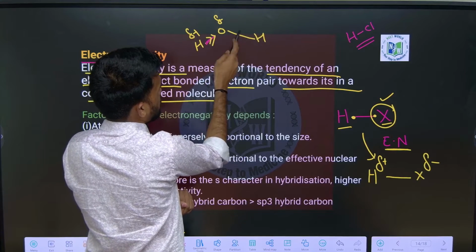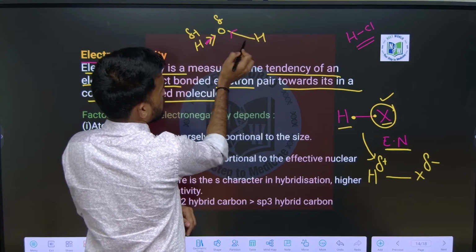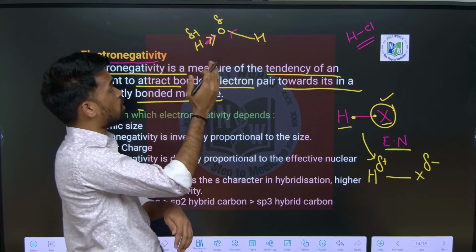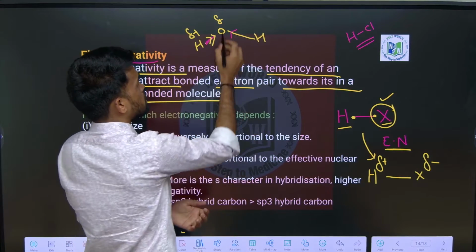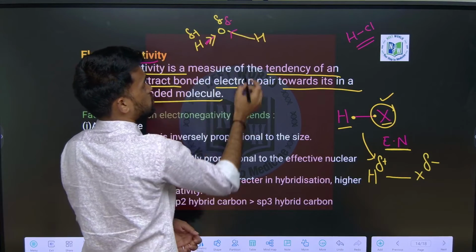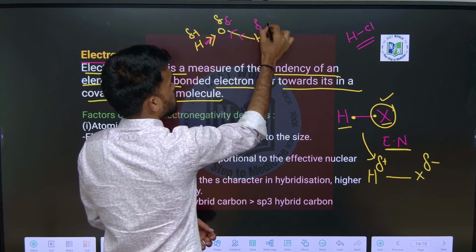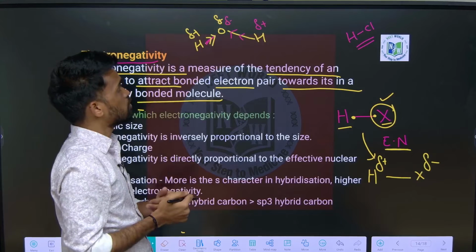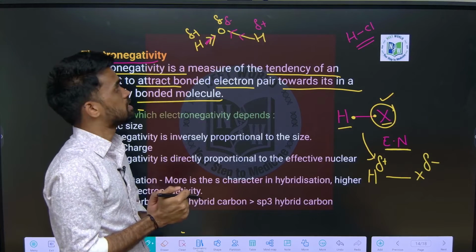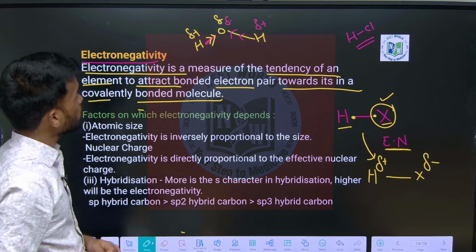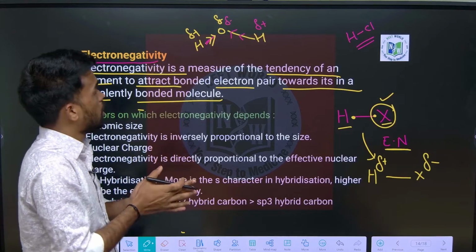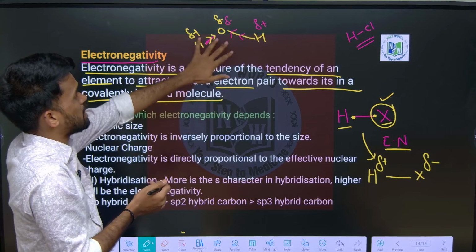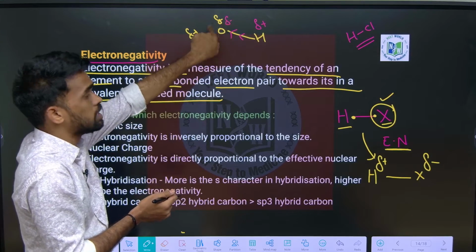Similarly, the same story applies over here also, that will be negative. The tendency of oxygen to drag the bonded pair electrons towards itself is more, therefore it gets a partial negative charge, and hydrogen gets a partial positive charge. Therefore the overall molecule is a polar molecule, we can say. Okay, to check overall polarity we have some other techniques also, but here, based on the bond polarity, we can say the molecule is polar.